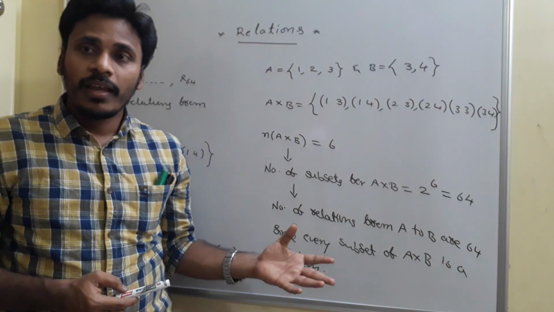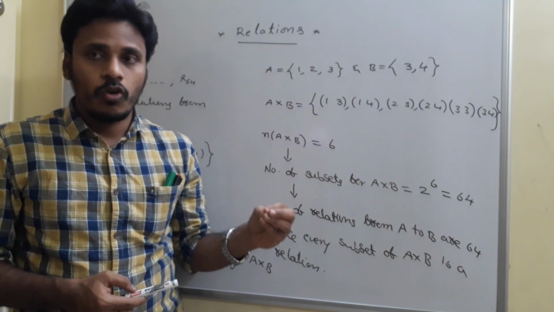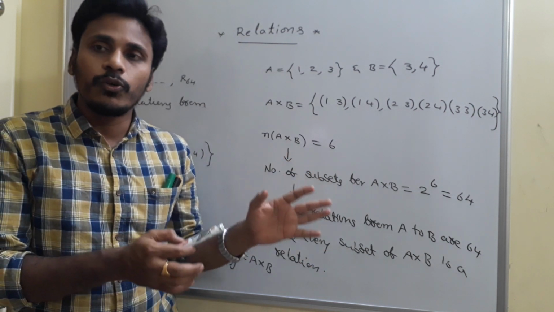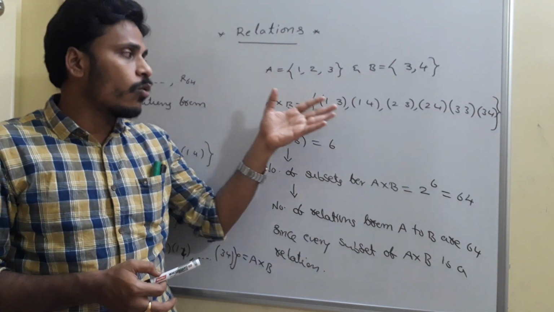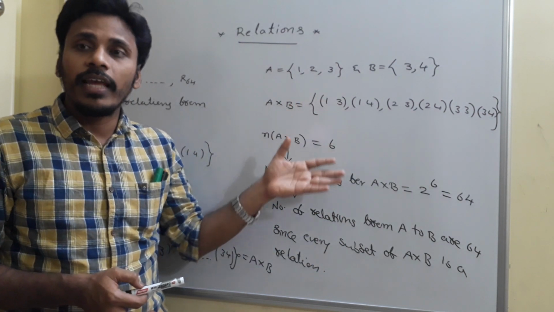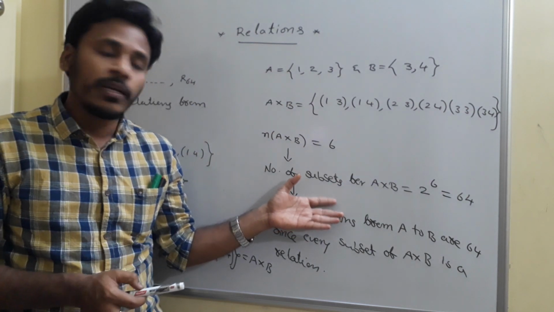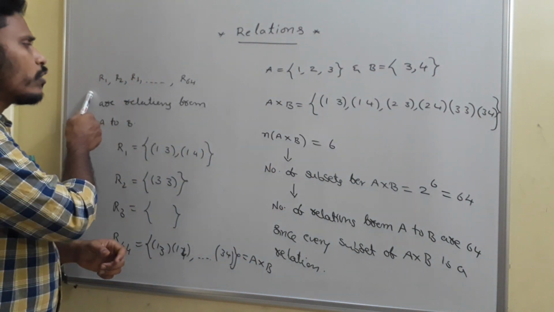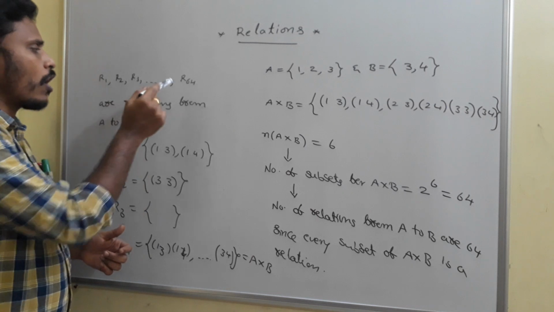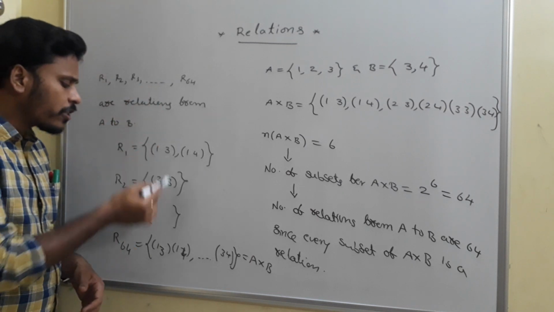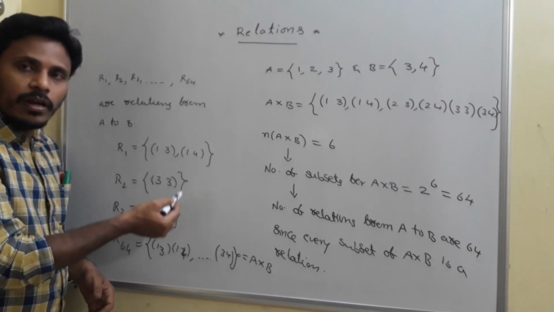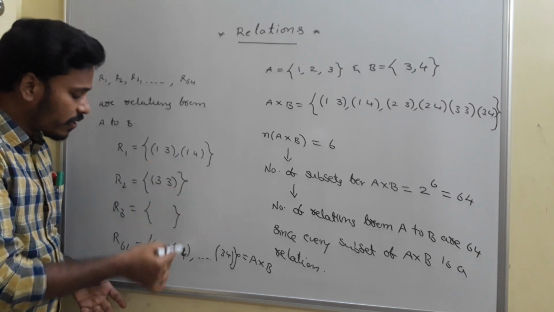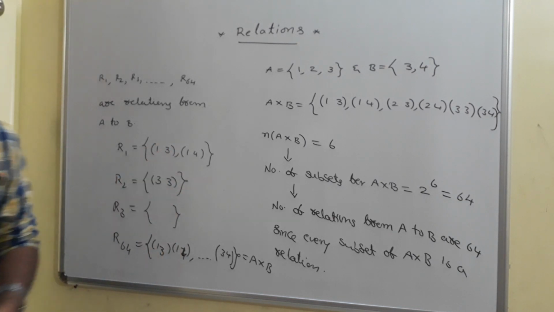The next point, I will mention a rule for the relation. Till now, if you have any two sets A and B, you are able to write A cross B, and every subset of A cross B is a relation. So there are 64 relations here in particular for this A and B, and you name those relations R1, R2 and so on to R64. I mentioned a few examples here, but here just 4.